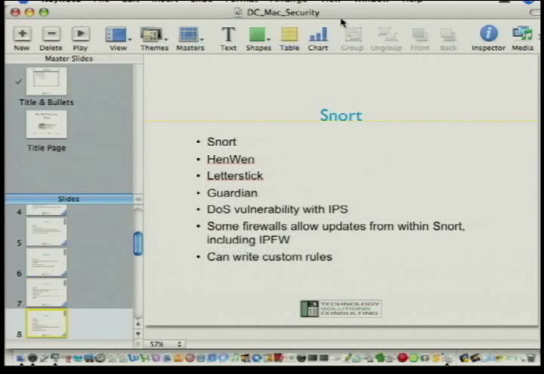So next, Snort. Who's run Hinwin before? And who's run Snort at the command line on OS 10 before? So a couple fewer hands. Sorry? Or yeah, FreeBSD doesn't count. As Apple engineers often tell me, OS X is not FreeBSD. When I talk about editing certain files, they're like, dude, that's not going to work. So anyways,